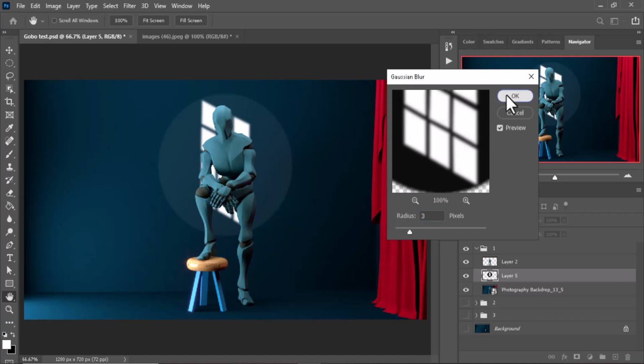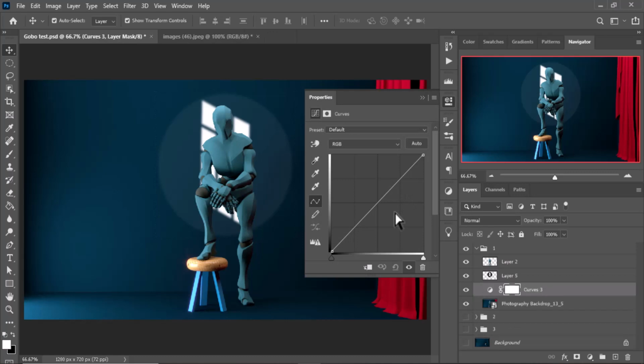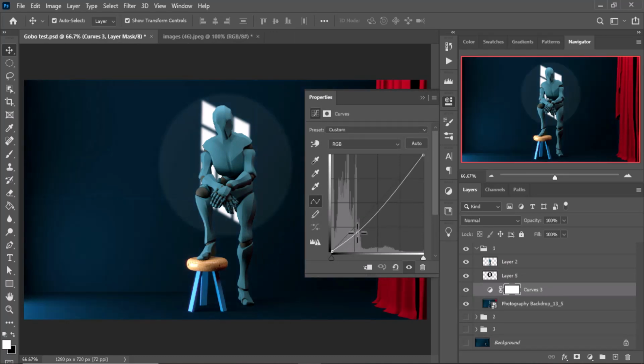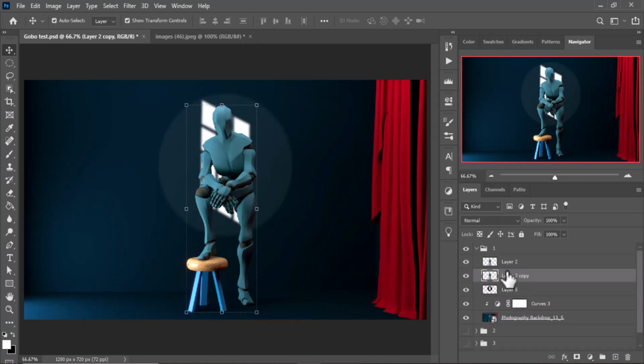And I want to make the background darker. I feel like it's too bright for my liking, so I'm going to go ahead and use the curve tool. Much better. And now for the shadows, I'm going to duplicate the subject, bring the duplicate below, and go to